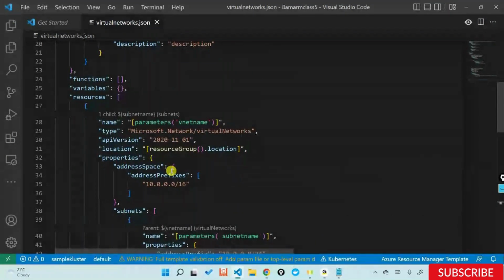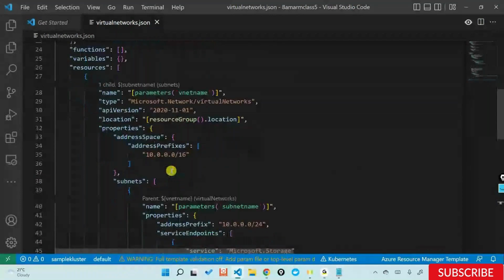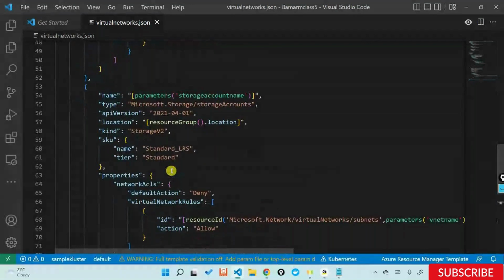Parallel in nature, correct. So both of them will get created parallelly. But my question is, if both of them get created parallelly, let's say the storage account is getting created first, before the virtual network and the subnet, then don't you think this will fail? Because this particular block of storage account is dependent upon the creation of a subnet, because it is looking for the ID of the subnet. So if I take this out directly the way it is,